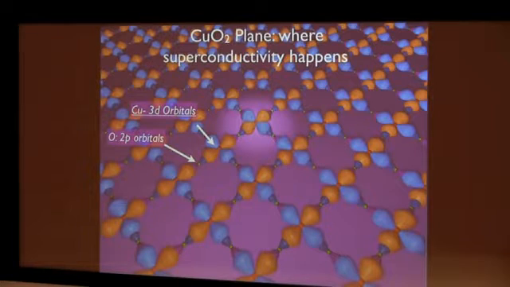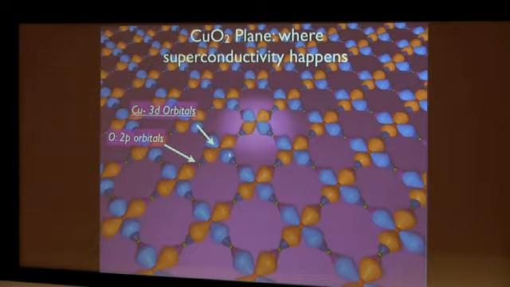Now, it turns out that all these compounds have something in common with one another. They all contain something extremely beautiful and simple. They contain a lattice of copper and oxygen atoms in a square lattice. All that complicated lattice structure stuff, you can forget about it. This is it. This is a lattice, and this is an artist's rendition, my student's rendition, of